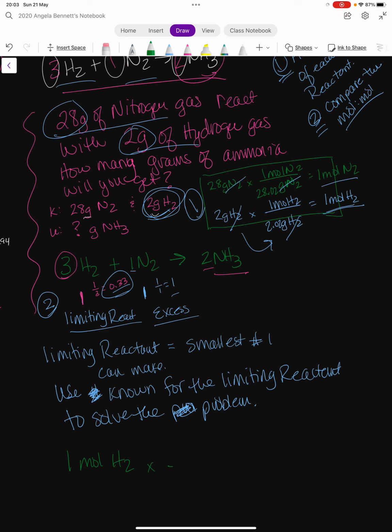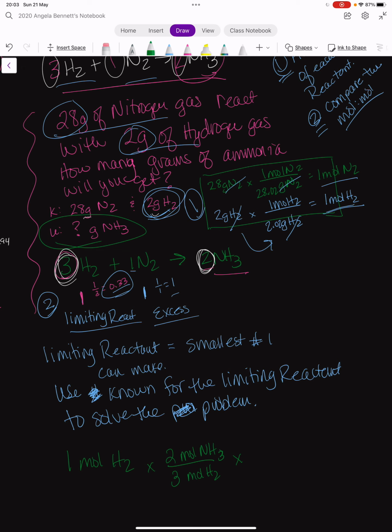And I am going to go to, ultimately, grams of ammonia. Well, my algebra dictates moles of H2 in the denominator. I'm at moles of H2, so if you're looking at the map, I am at the blue colored circle, and I need to transition over to the red colored circle. So I've got to go from left to right. That means I want to go to moles of ammonia, because I don't really care about the nitrogen anymore. I use my balanced chemical equation, and hydrogen is a 3 and ammonia is a 2. So make sure you put them in the right spot, 2 and 3,